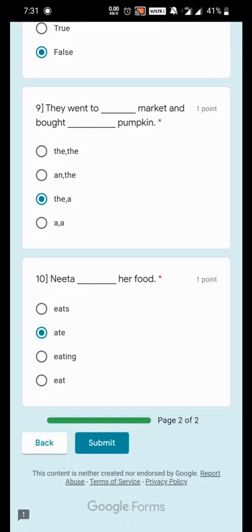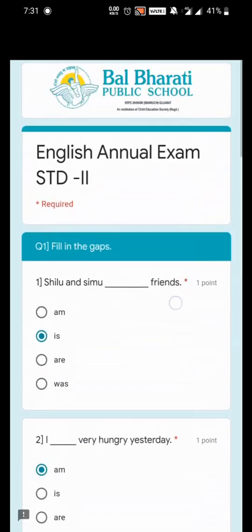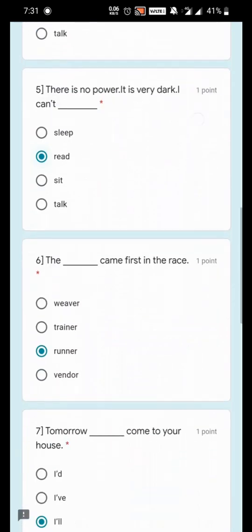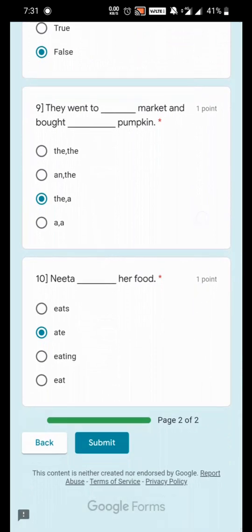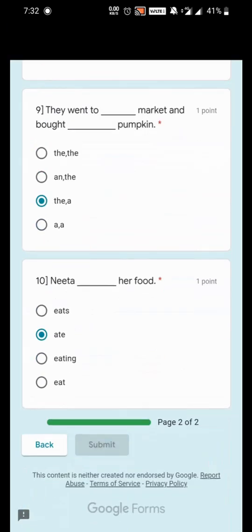Once you feel that you have answered all the questions, I request you to kindly recheck all the answers once again thoroughly, question by question. And once all the questions are completed and finished, please do not forget to click on the submit button. Okay, submit button will be at the bottom of the page. Kindly make sure you are not clicking on back, otherwise all your submitted answers you have to do it once again. Once everything is completed, kindly click on the submit button.